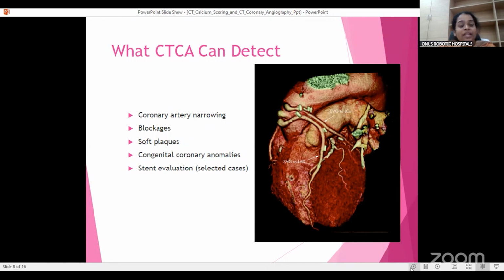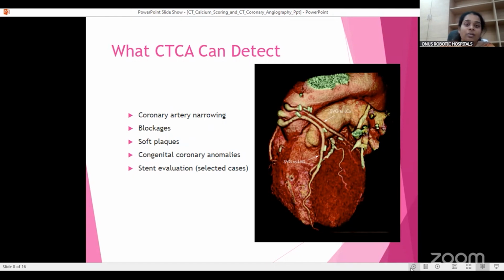Apart from CAD, we can detect other things from the CT coronary angiogram, like coronary anomalies. In the pediatric age group, when they have chest pain and on the echo we suspect some coronary anomalies, then also we can advise the CT coronary angiogram. Even in post-stenting patients, when we suspect whether there is any restenosis in the stent,